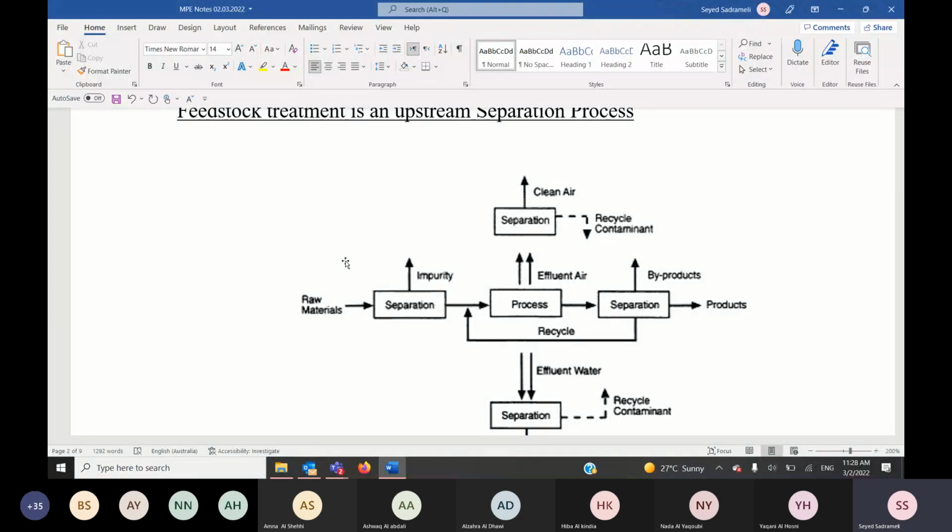You have to separate them from the mixture of hydrocarbons and then send the hydrocarbons for thermal cracking, because these are poisons of the catalyst in the downstream units. So some separation units are at the beginning of the process, some at the end for purity,